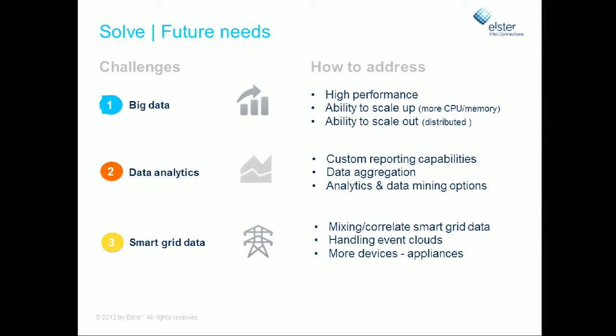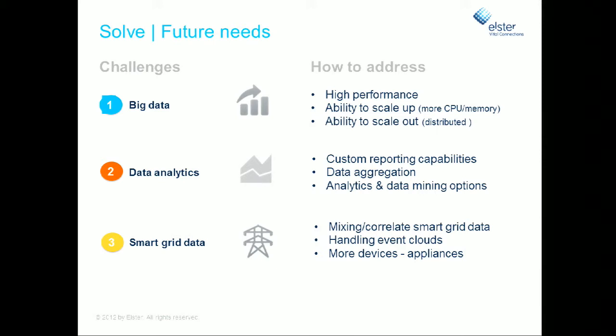It's performance on the data acquisition side itself. It's performance in terms of storage that the MDM system has to provide. It's performance in terms of data validation capabilities. And it's also the performance to exchange data in a highly effective way with the surrounding systems in the IT landscape. So this means the MDM has to support the ability to scale up, and this is more the hardware-related part on the CPU and memory side, but also to scale out and to move into a rather distributed